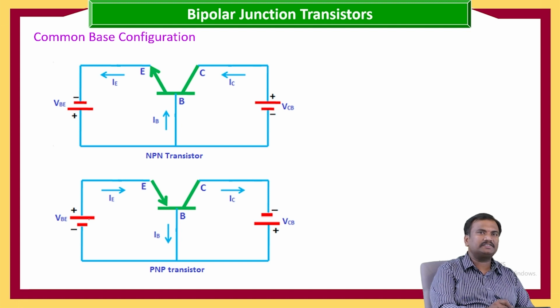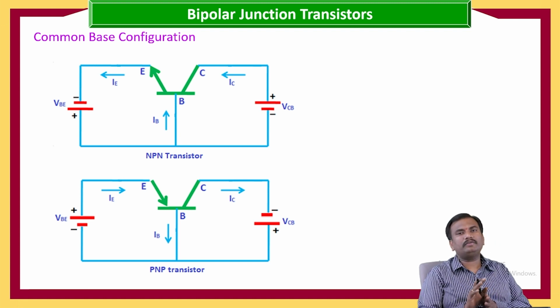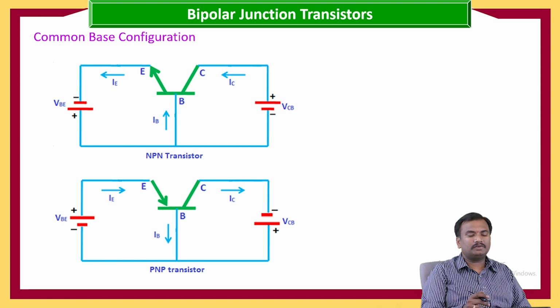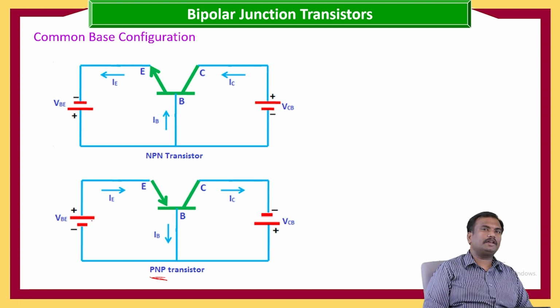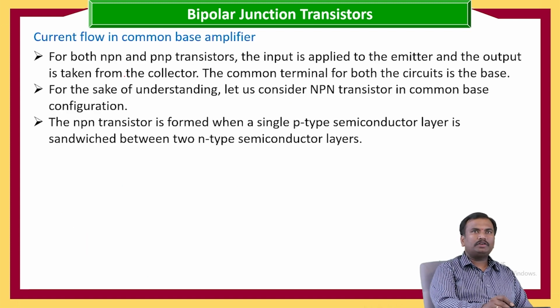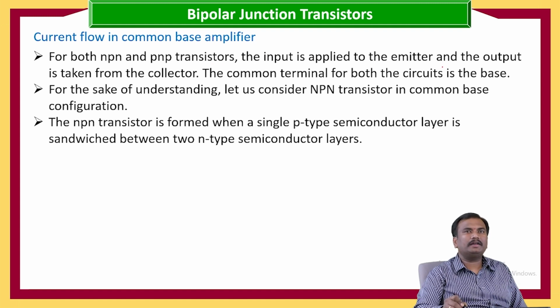If it is a PNP transistor, then the positive of VBE is connected to the emitter, because like poles have to repel each other. Once it is a PNP transistor, we have to use a positive voltage across the emitter junction. For both PNP and NPN transistors, the input is applied to the emitter and output is taken from the collector. The common terminal is the